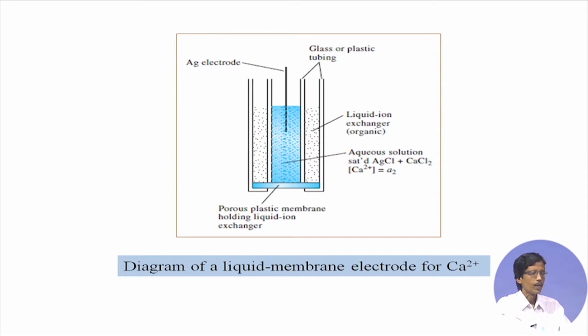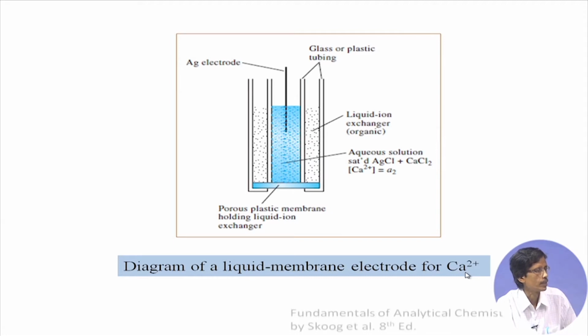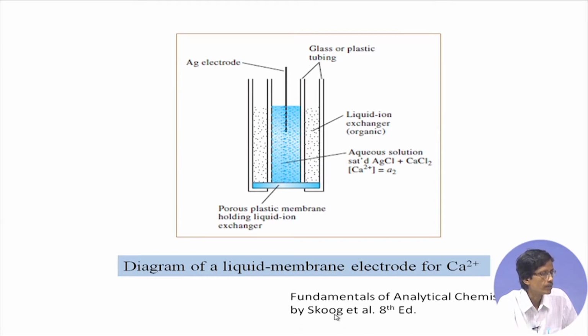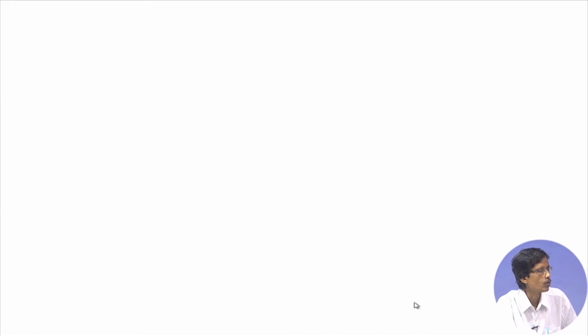So, as a combined electrode system, if you get that micro electrode as a needle, you insert that combined electrode in any solution containing calcium 2 plus, and you have the corresponding connectivity and the meter you can use for measurement. Electrode potential you measure, that means you have a potentiometer. This potentiometer will give you the corresponding potential, which is available to give you the determination of your calcium ion concentration. You can have some idea of this from the book also.